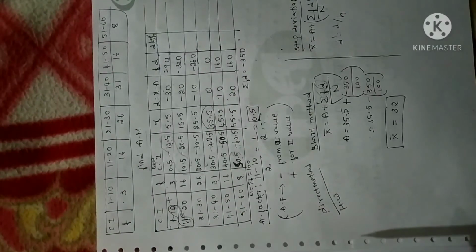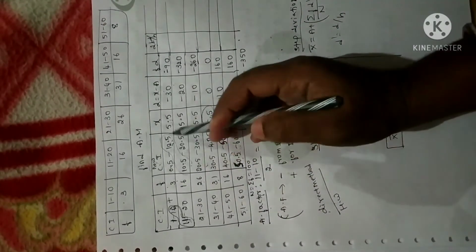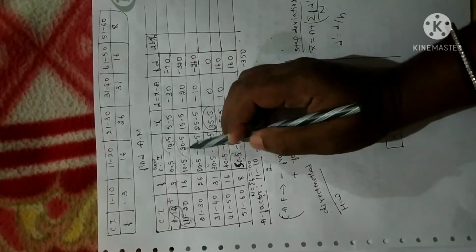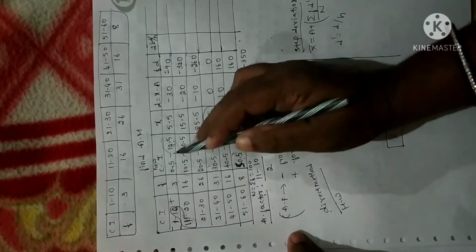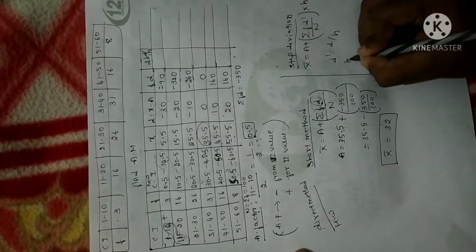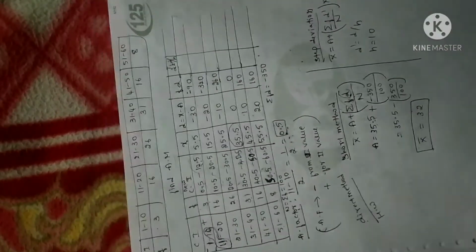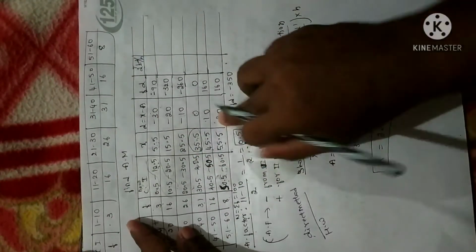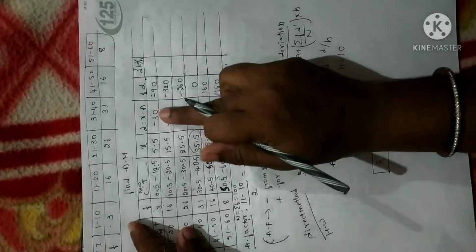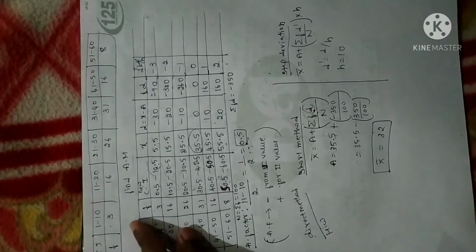10.5 minus 0.5 will give us 10. Difference we have to calculate. Now similarly 20.5 minus 10.5 is 10. So wherever you take the difference, you will get 10 only. So I have to take h value as 10. Now d dash is given by d divided by h. You divide d by h. Where you have d, here I have d. So I have to divide it with h. h is 10. Divide it with 10, you will get minus 3, minus 2, minus 1, 0, 1, 2. So d dash is finished.